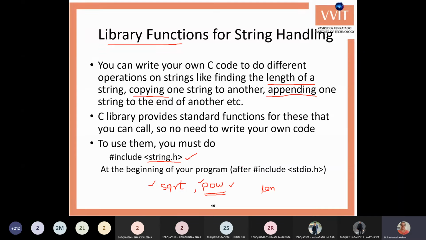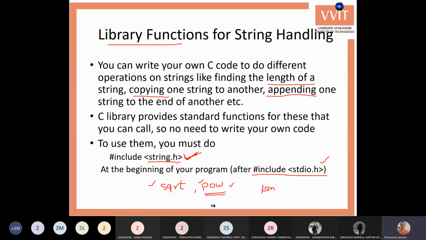Programs which need stdio as mandatory should include both string.h and stdio.h. Only in Code::Blocks is stdio included by default. Wherever you are using the string functions, you include string.h.